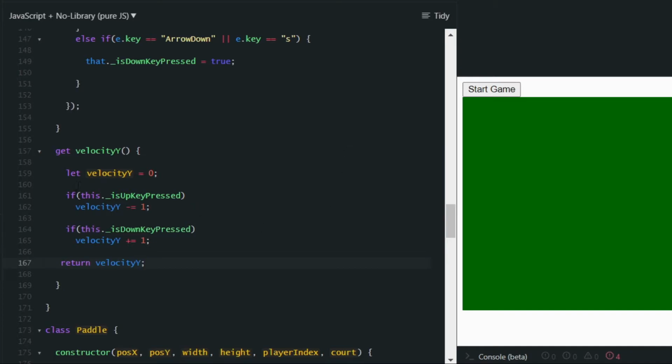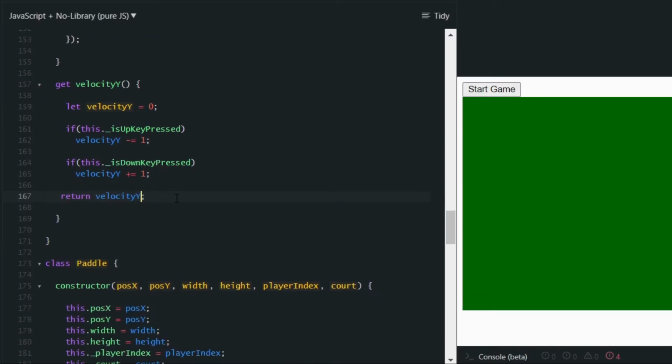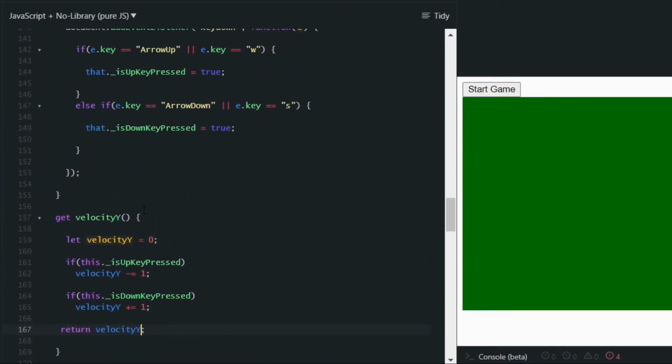or down. And if we were to hold both keys, W and S, or up and down at the same time, then we would here get 0 back because we first decrease it and then increase it again. So it's going to be 0. So if we hold both up and down, the paddle is not going to move at all, which is exactly what we want. So